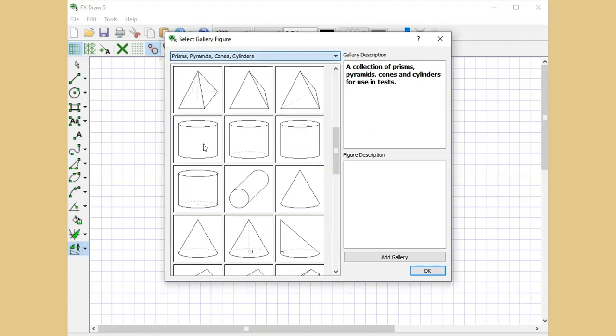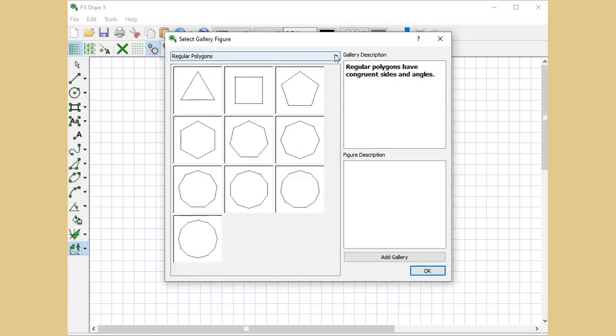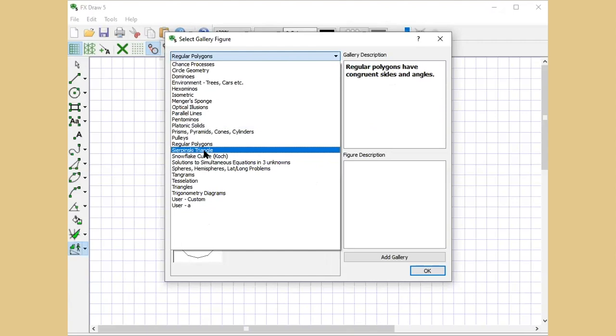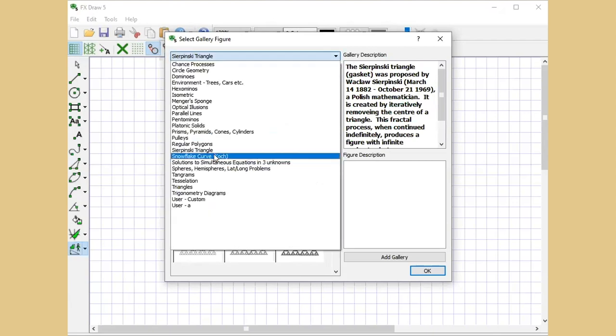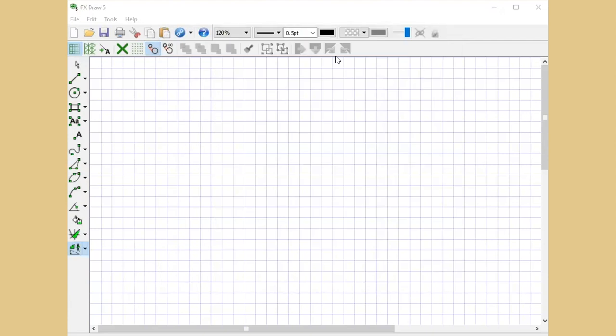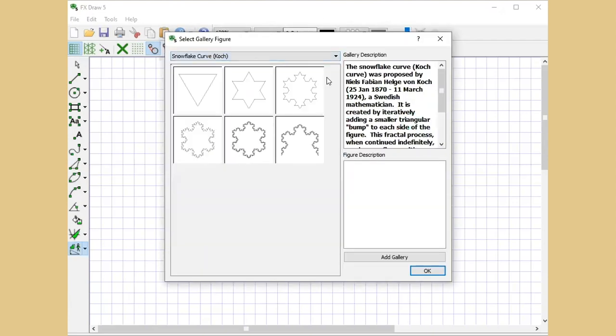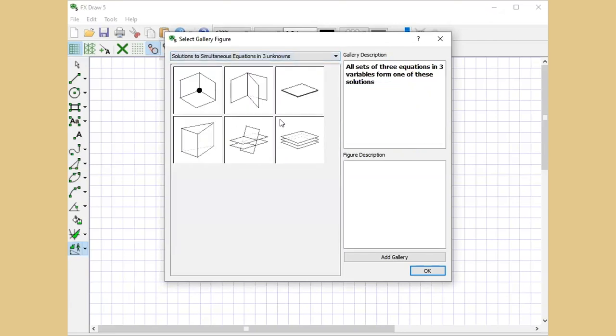Then we have regular polygons. Next we have Sierpinski triangle. Besides this, information is provided to you. You can read about them. Then the snowflake curves. Yes, we have the snowflake curves available. Besides that, the next one is solutions to simultaneous equations in 3D.